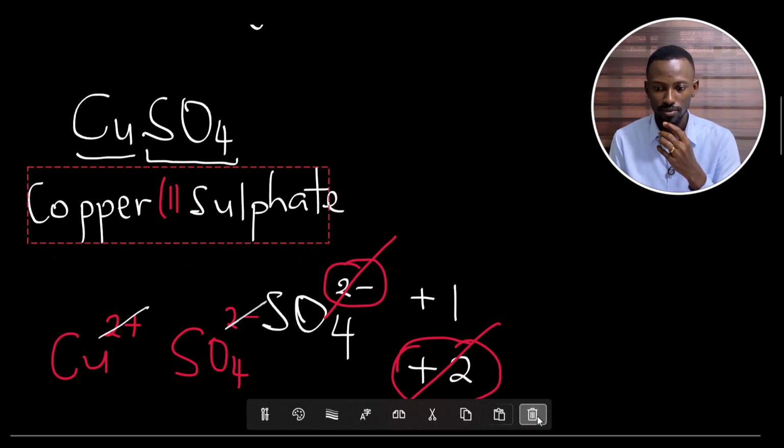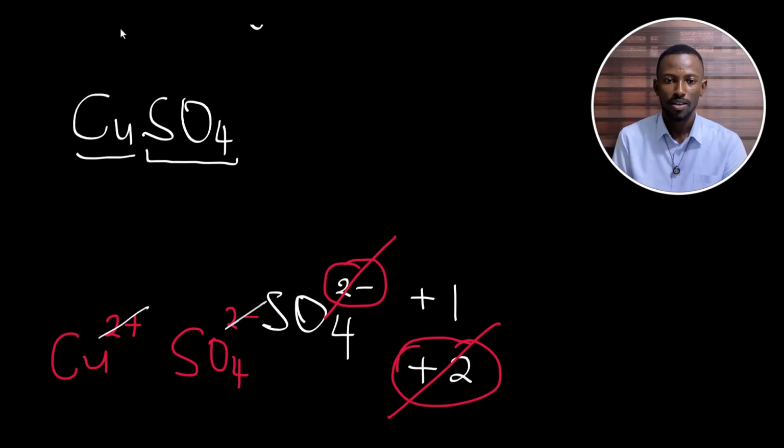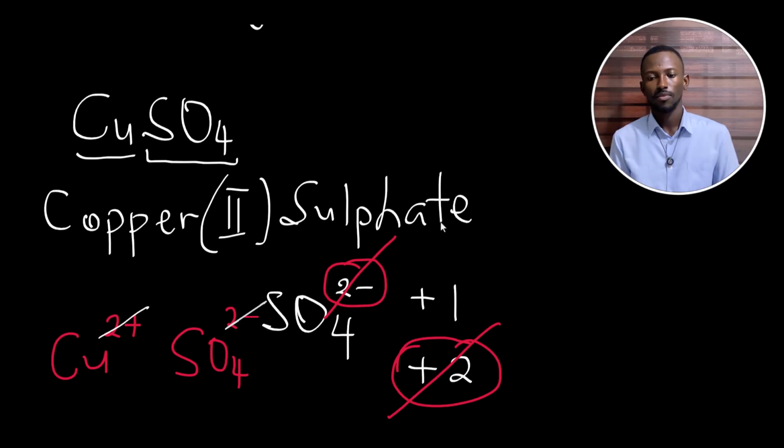So this compound, the right name is what? Copper 2 sulfate. So the name is copper 2 sulfate. Good. So I hope that makes sense, and we are good to go, right? Copper 2 sulfate. For our next example, we'll be looking at